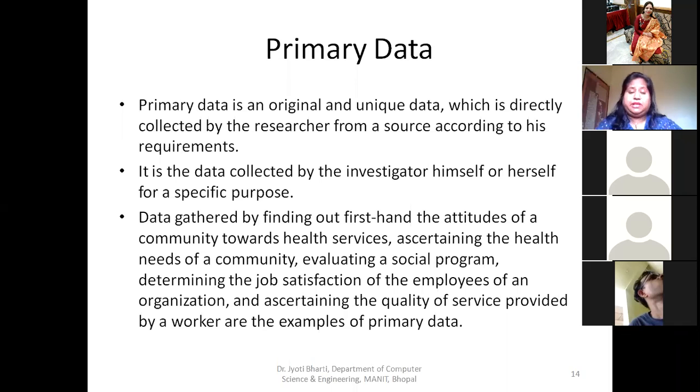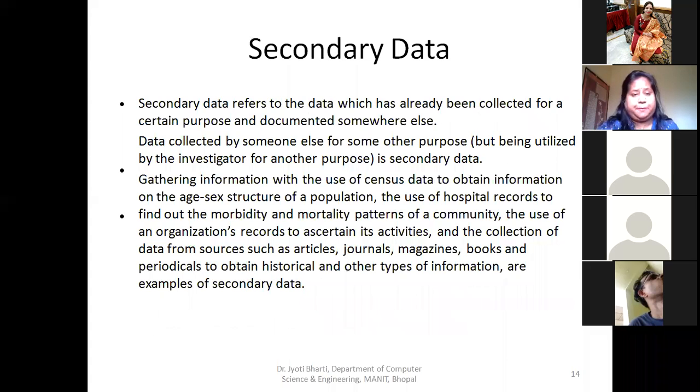There are lots of ways where we gather the primary data. It is in the form of pictures or in the form of educational data. How many children, how many students get more than 90% in 10th class, more than 95% in 12th class. So we have to gather the data from the education system in numeric form, and then it would be primary data.